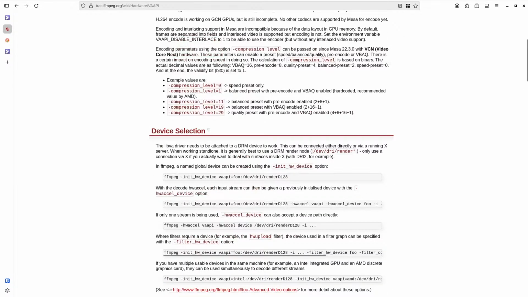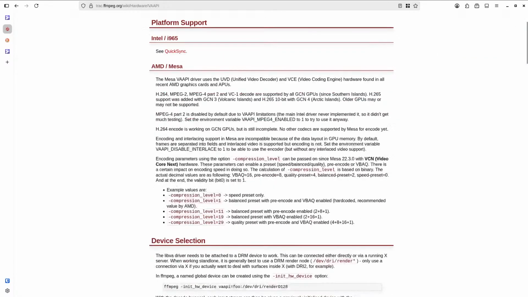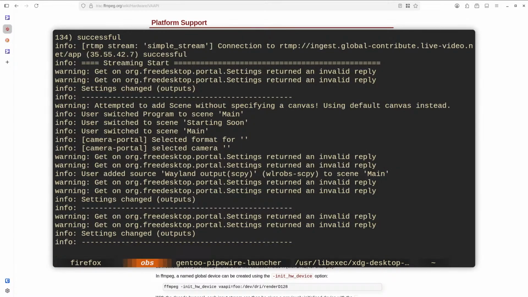Can I check somehow that it actually does work? I guess you're gonna have to trust me, and I am gonna restart the stream. I am gonna go into OBS. Look, I'm gonna press Control C on this. It's probably gonna terminate OBS. I'm gonna restart it as soon as possible, and hopefully the stream is gonna be back in a moment. Refresh the page in like 20 seconds. Oh, it doesn't terminate. Okay, refresh the page in 20 seconds.